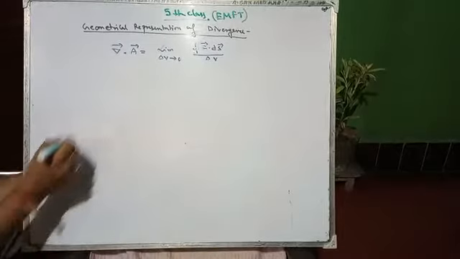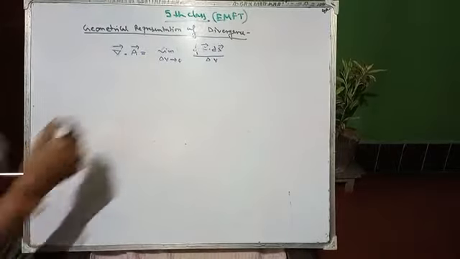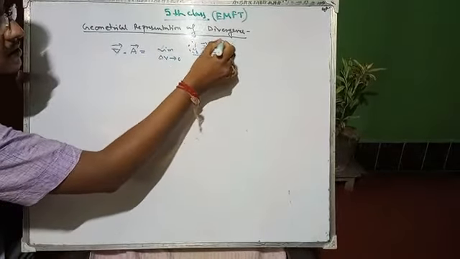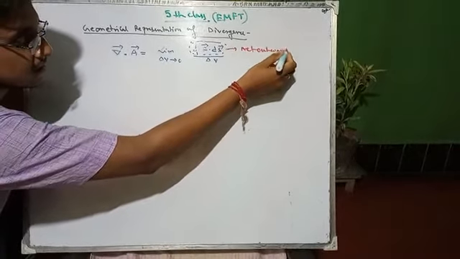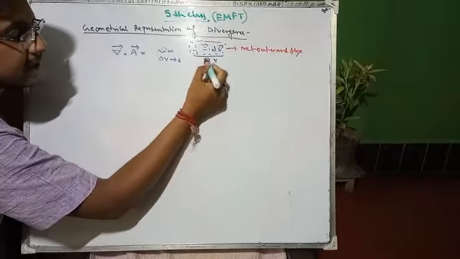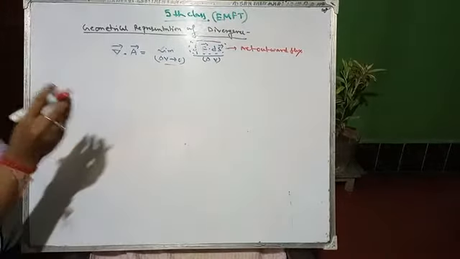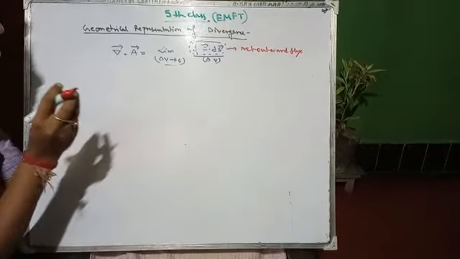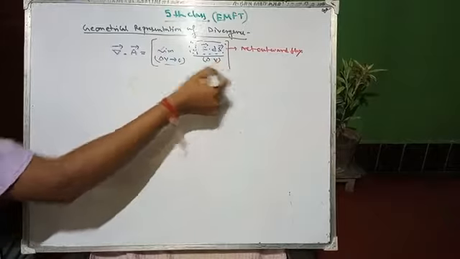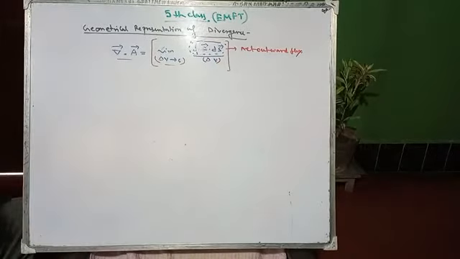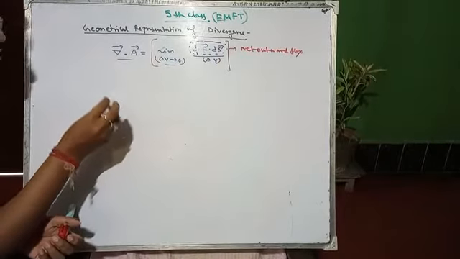The closed surface integration determines the net outward flux, divided by del v. Del v tends to zero; del v is the smallest amount of volume, or you can say some unitary amount of volume. This term denotes the divergence. So divergence means how much flux is emitting from a closed surface.